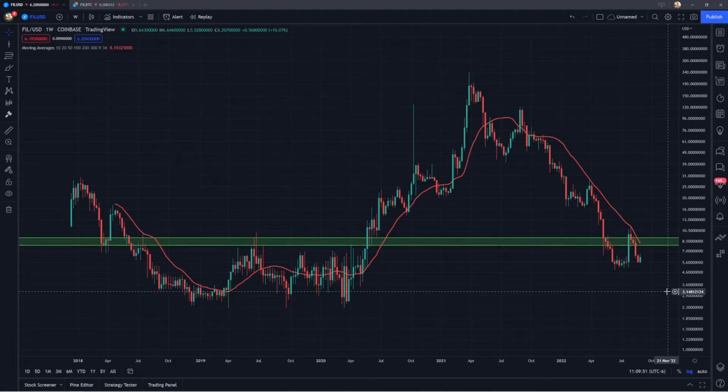Today I'm going to be talking about Filecoin and going over a long-term outlook on the FIL USD pair as well as the FIL Bitcoin pair. So I'll be talking about some moving averages, some support and resistance areas to watch out for, and my long-term